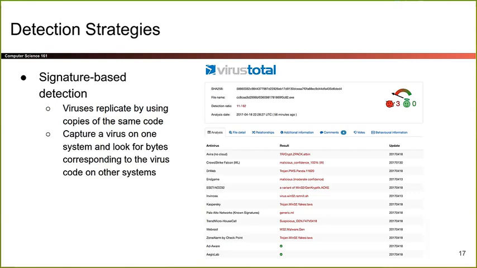So what we can do is we capture a virus on a system. This could be like a honeypot, or maybe an antivirus company will put a vulnerable system out in the wild on purpose. It'll get infected with viruses, right? Maybe that sacrificial computer opens a bunch of malicious files on purpose to look for viruses. And when it sees a virus, now it's infected, that sacrificial computer is done, but it was able to capture the virus and look at the bytes of its code or the pattern of what it's running. And then that lets us create a signature that we can use to detect the same virus